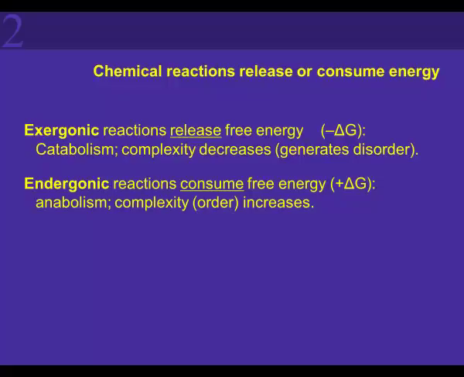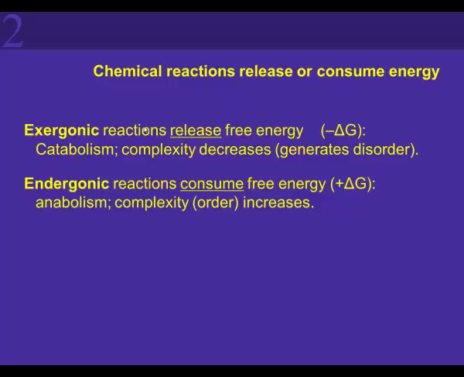We call chemical reactions that release energy exergonic reactions. And we talk about this energy in terms of the free energy, that is the energy that's available to do work. So you'll often see this symbol next to a chemical equation. This is delta, which stands for the change, and G, which actually stands for Gibbs, but together this is the symbol for free energy. So we talk about the change in free energy, how much was available before a reaction took place and how much was after.